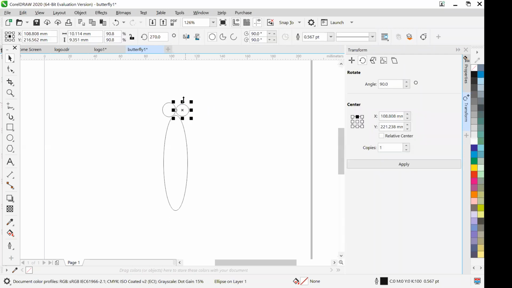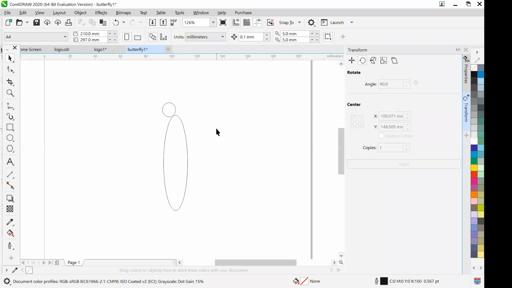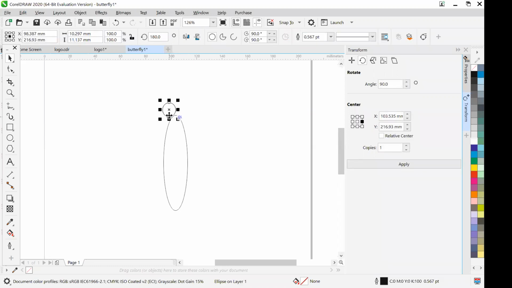Here. Okay. What I will do, let's copy with Control C, then Control V. Let's see, so it will be the exact shape. Now I have created a copy.